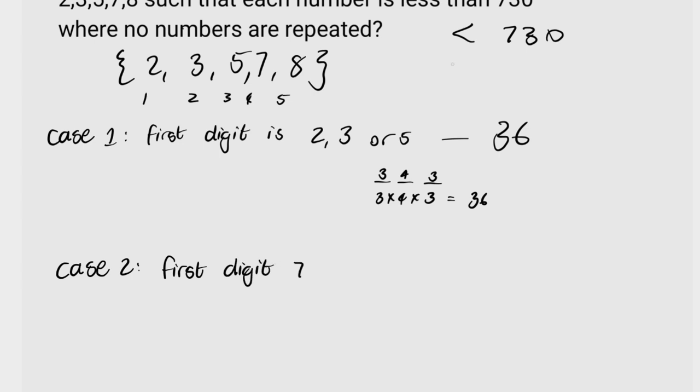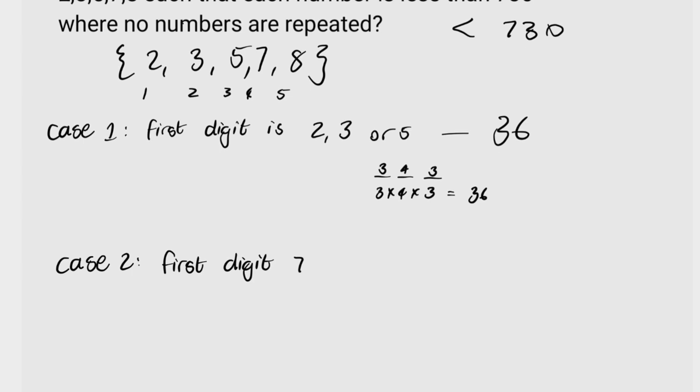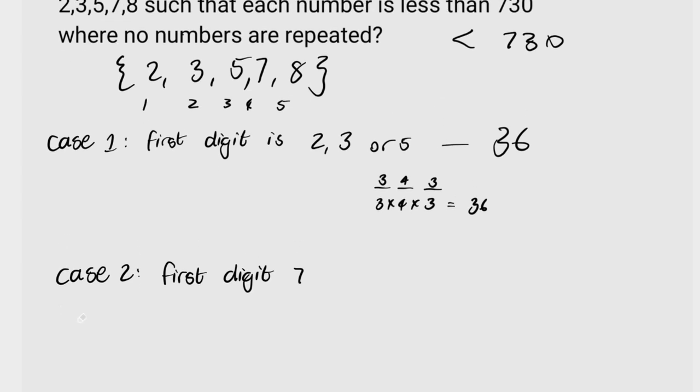But remember the restriction, it has to be strictly less than 730. And so the first digit is going to be 7, so that gives us only one option. And then the second digit has to be 2, because if the second digit was 3, 5, 7, or 8, then it would be greater than 730. So the second digit has to be 2, and then two of the digits have been used already, so that